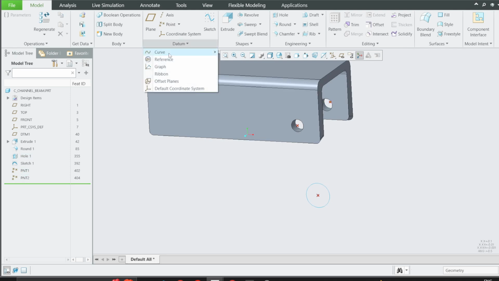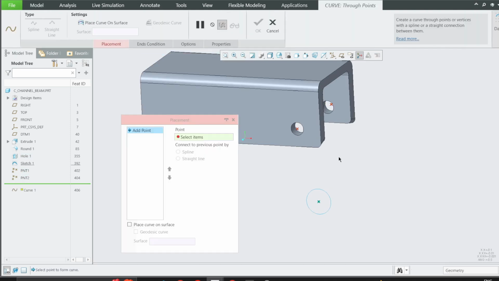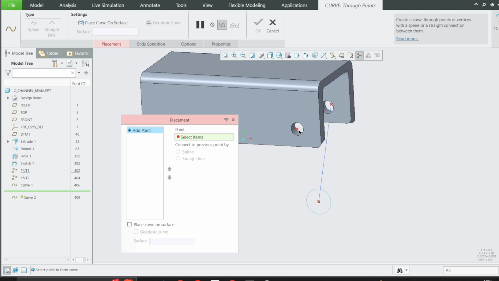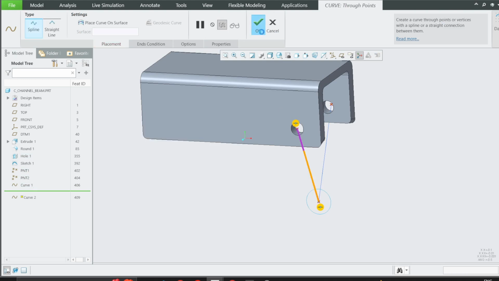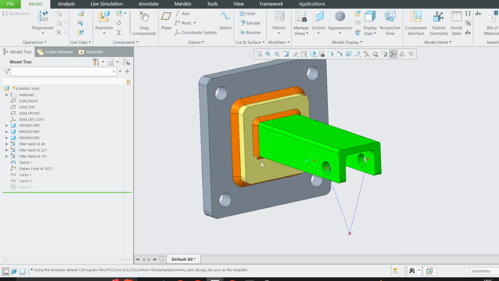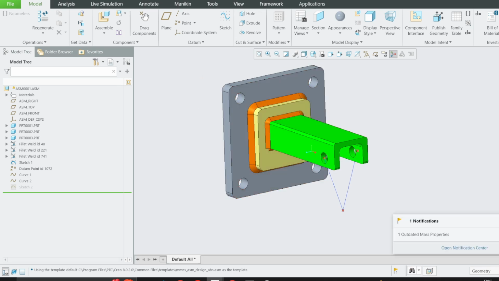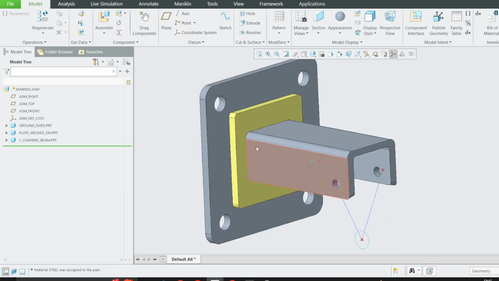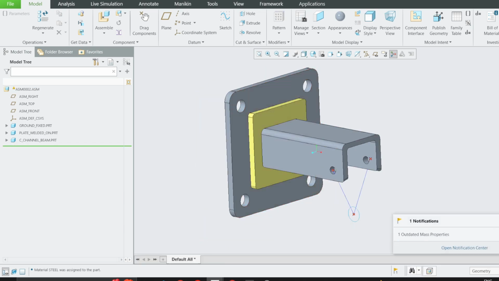Then I want to create a curve from this point to that point, another curve from this point to that point, just to show you that the load will be applied like that. You can see that's how the load will be applied. I should open this. Okay,